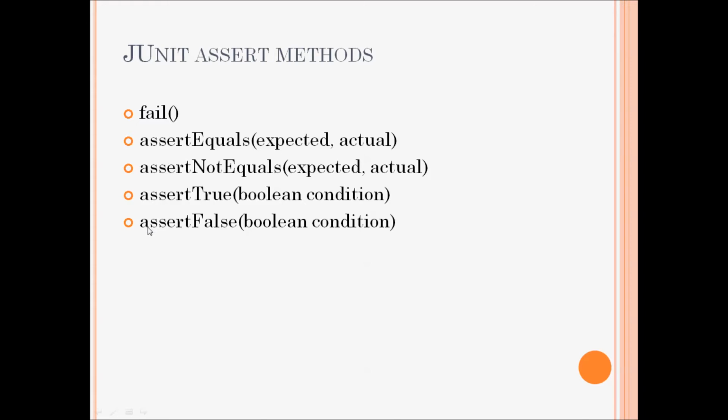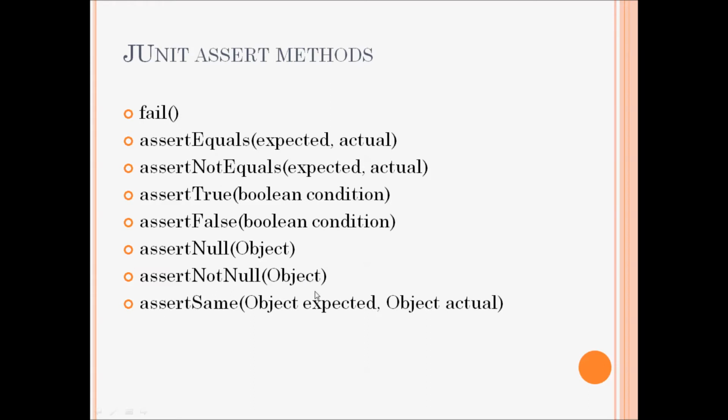The assertFalse method asserts that a condition is false, and the assertNull method asserts that an object is null, and the assertNotNull method asserts that an object is not null,